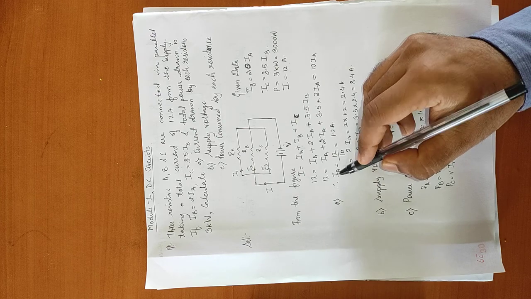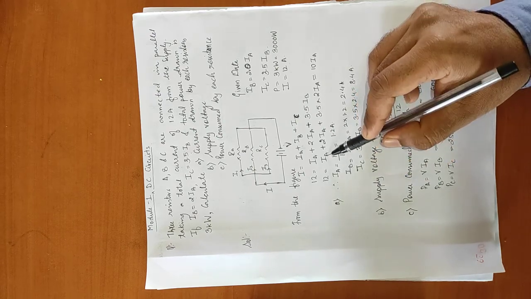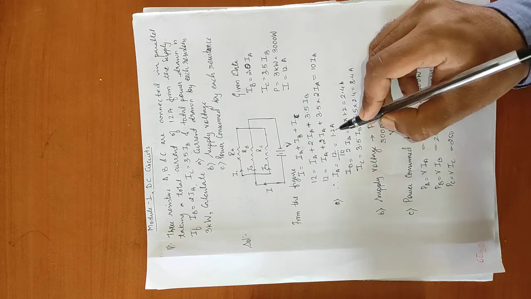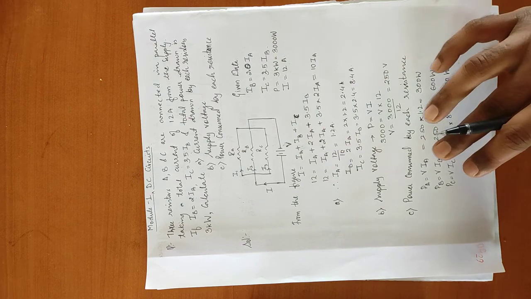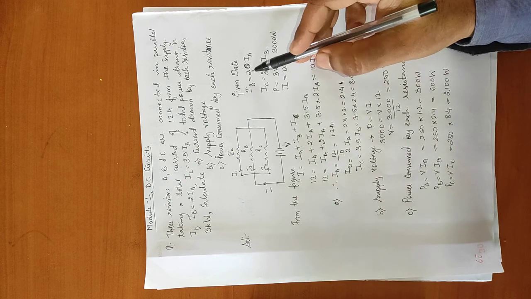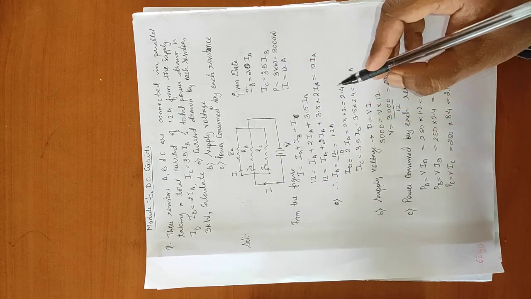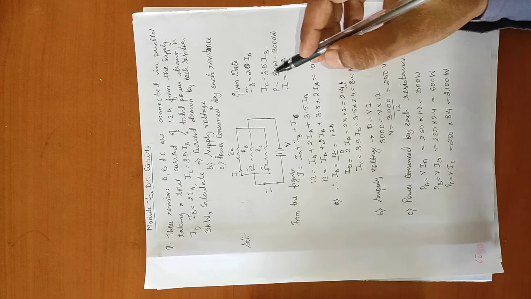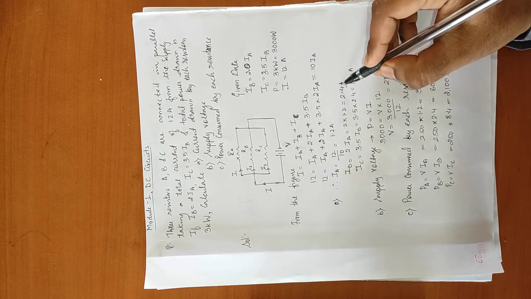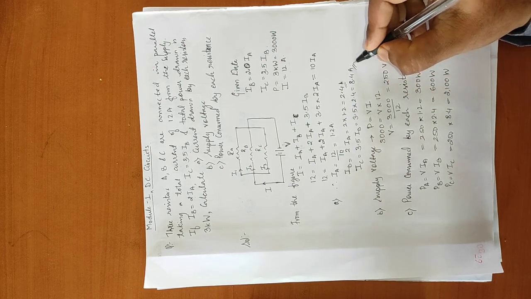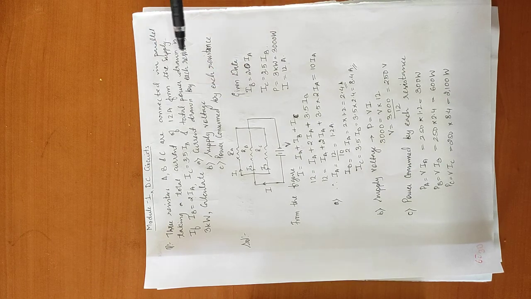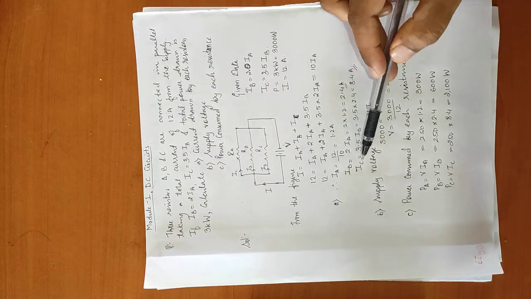Therefore IA is equal to 12 divided by 10, since if you add these all together you get 10. The answer is 1.2 ampere. Similarly, we can calculate the value of IB and IC. IB is 2IA, so with IA as 1.2 the answer is 2.4 ampere. IC is equal to 3.5 IB, so with IB as 2.4, substituting that you get 8.4 ampere. So we have calculated the current drawn by each resistor, that is IA, IB and IC.